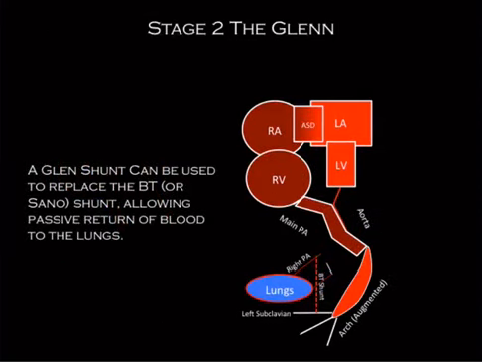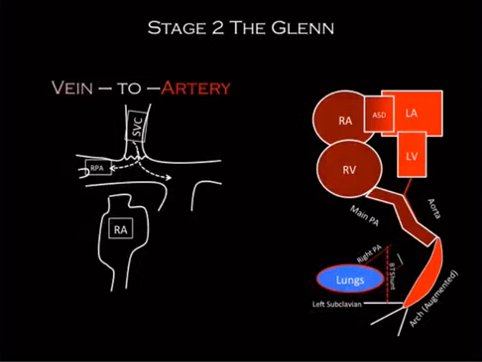So stage 2 is a Glenn procedure, and a Glenn is used basically to replace the Blalock-Taussig or Sano shunt with the goal of having blood return being passive instead of arterial, which is what we'll end up having eventually when we're done this whole 3-step procedure. So Blalock-Taussig is taken down, and